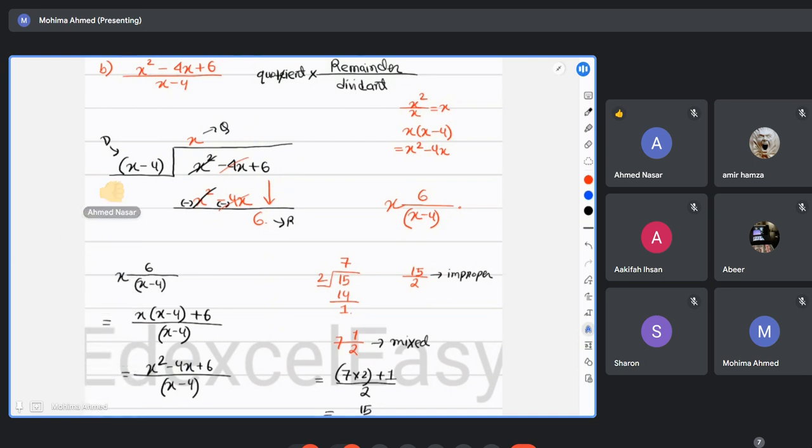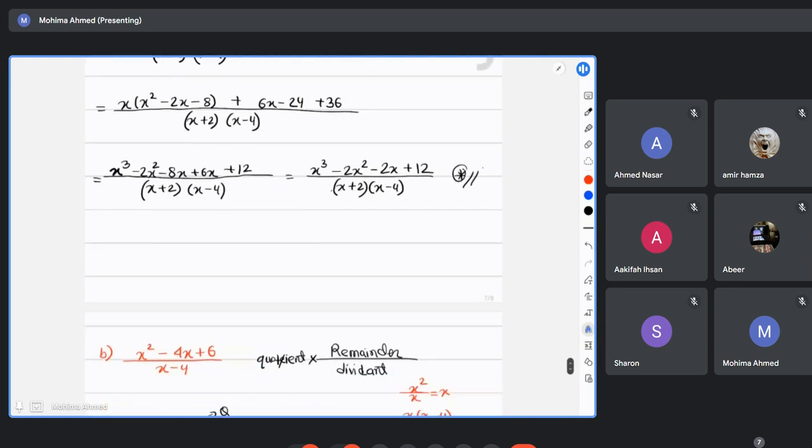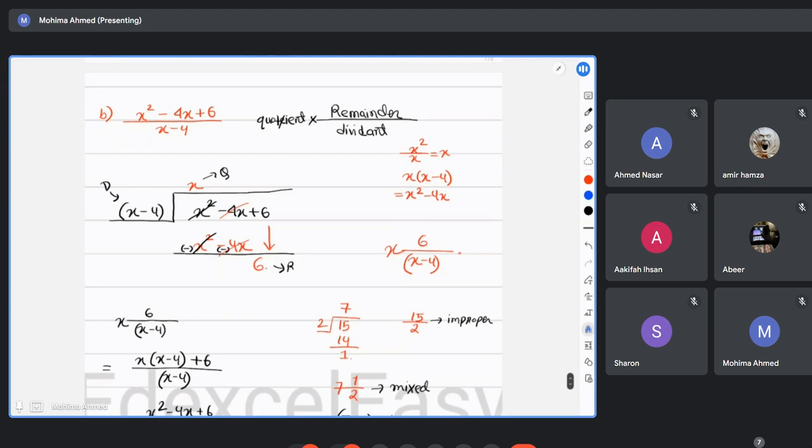Then again, this was not actually what our question was asking. Our question was asking a different format. I only introduced this so that you understand that whenever the remainder is not 0, this is how we arrange your answer, your mixed fraction, in mixed format. But if we go back to the question, this is actually kind of an extra. This is not related to part B.